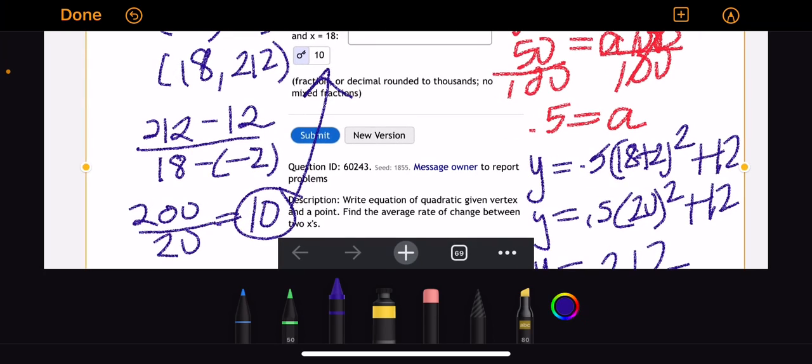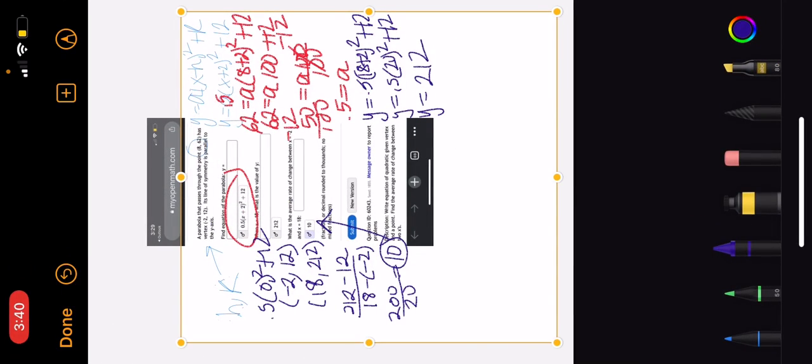Okay. Let me see if I can, so you can see it all here. Okay. So again, first, figure out how I did that. Don't forget that first formula, y equals a times x minus h squared plus k. Your vertex is your hk, and then find a through that point, 8 and 62. Then you can go ahead and just plug into the new equation to get all your values. And the last question, they really just wanted to use a slope formula. Okay. Let me know if this